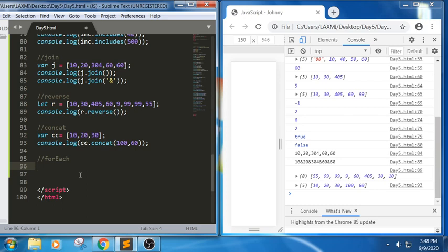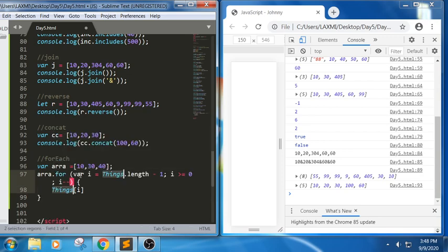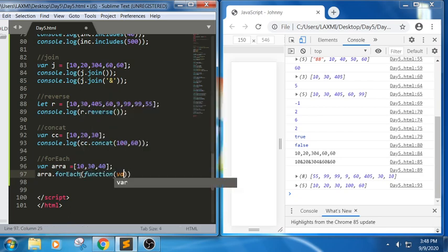Now let us write: array equals 10, 30, 40, and array.forEach. In this, I'm passing a callback function which has value and index.